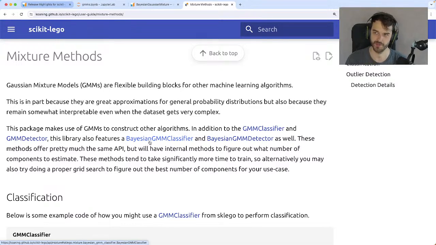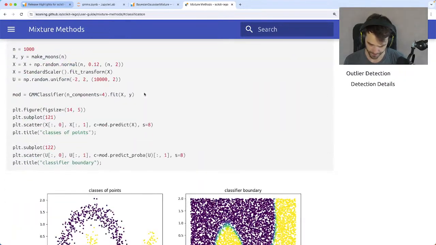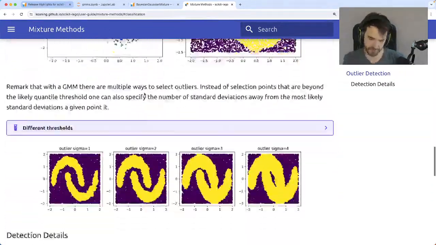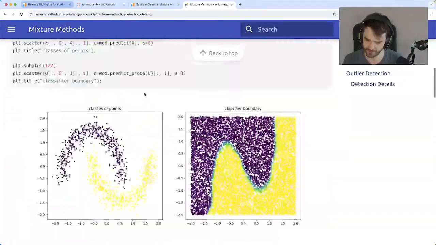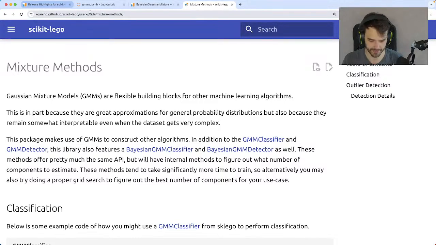So if you want a system where you're fine with throwing more compute at it, but you don't want to worry about the number of components, then you can call the Bayesian Gaussian Mixture Model classifier and the Bayesian Gaussian Mixture Model detector as well. Those are also things you can just go ahead and pick. That is something I wanted to briefly show. By the way, if people have fun ideas for algorithms, do check out Scikit Lego. It's a nice little home for the more experimental but useful things out there.